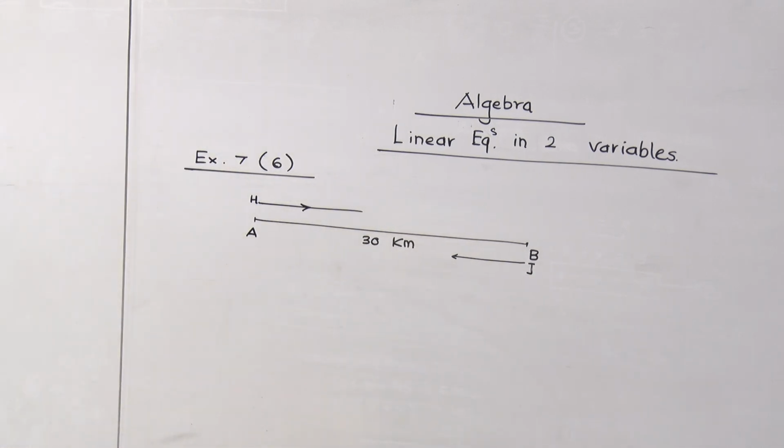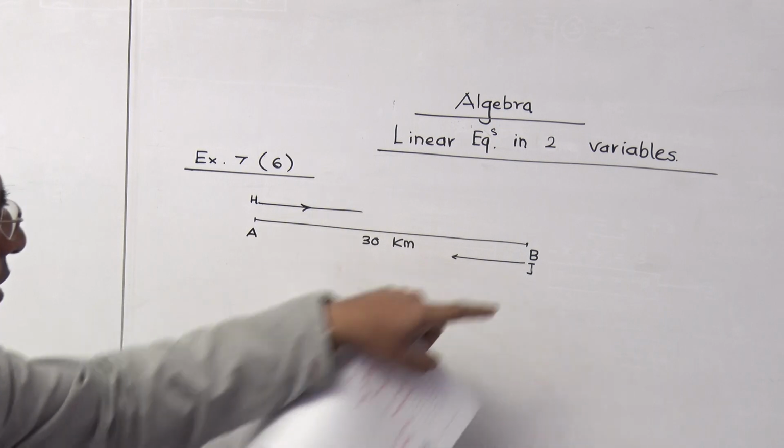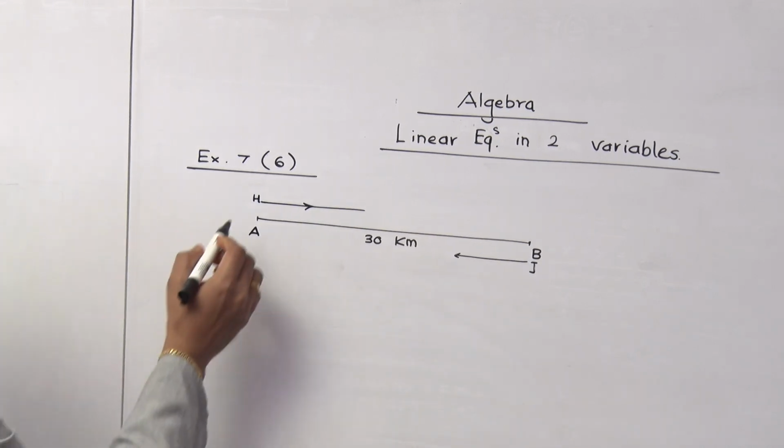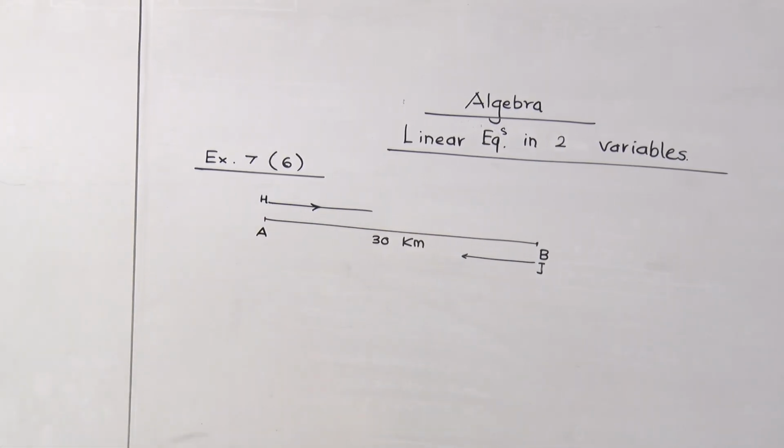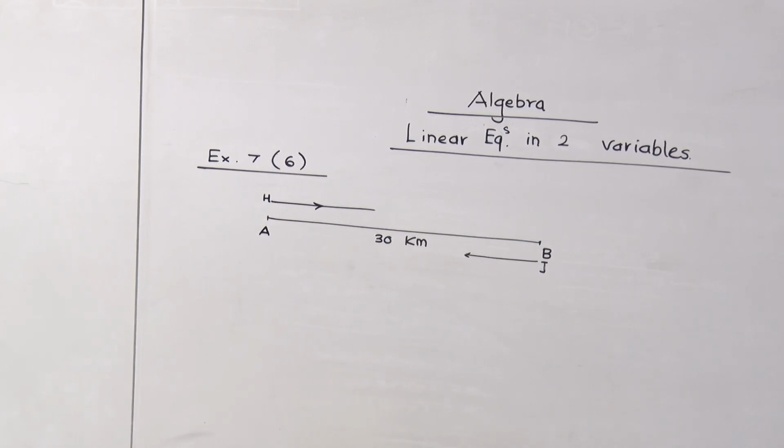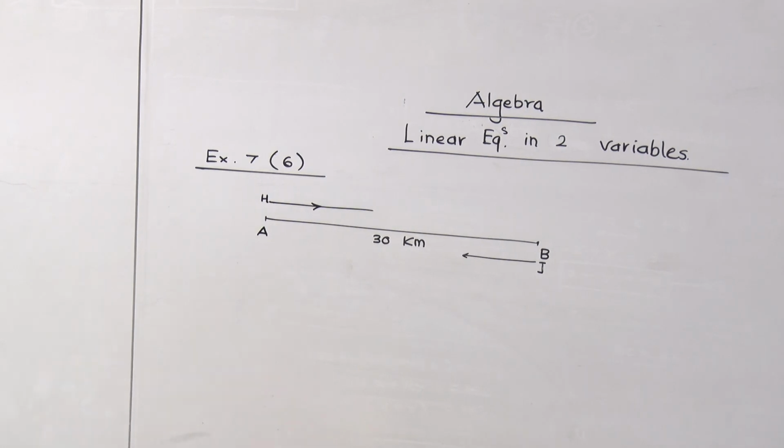So I am writing Joseph. Again I repeat, A and B are the places which are 30 kilometers apart. They are on a straight road. Hamid travels from A to B on a bike, so I am writing it like this, from A to B. Here I have written H. Then after that they have given, at the same time Joseph starts from B on a bike towards A, which means they are on opposite sides. They meet each other after 20 minutes.